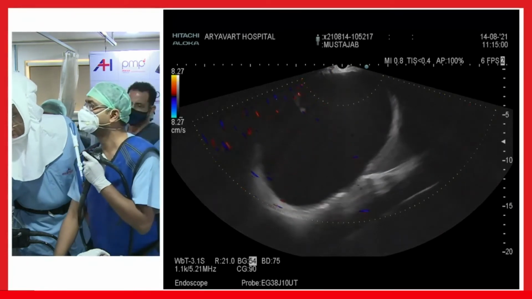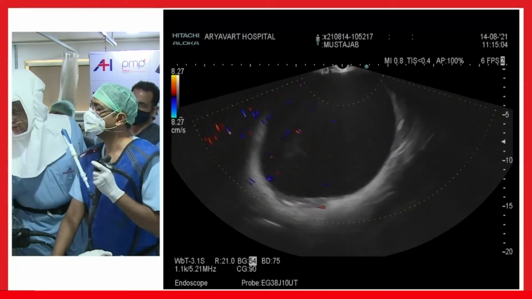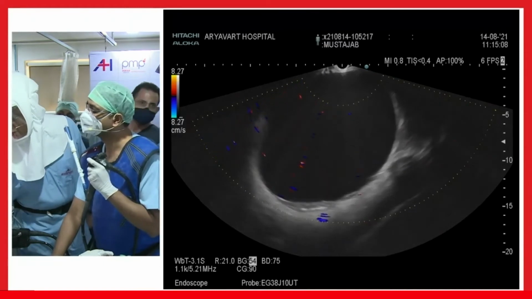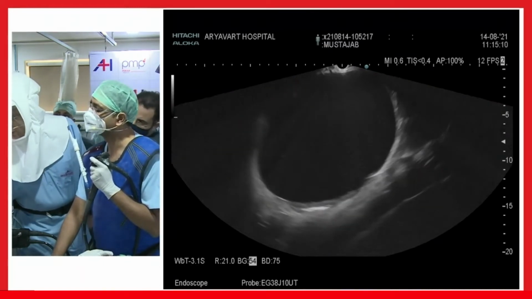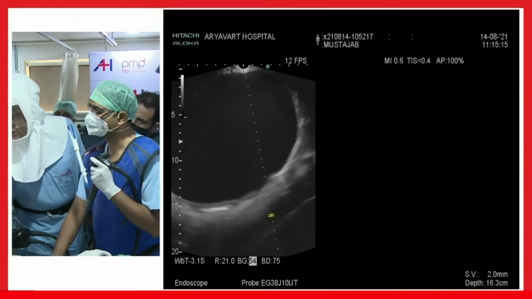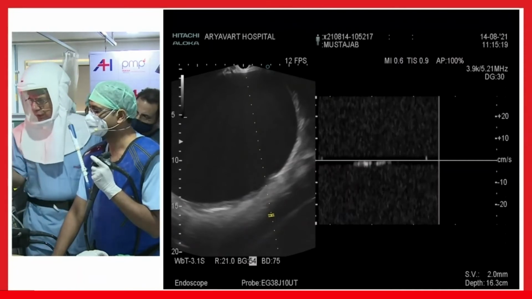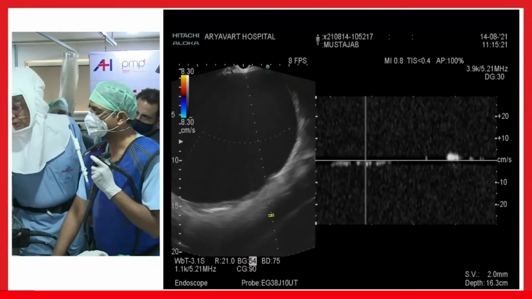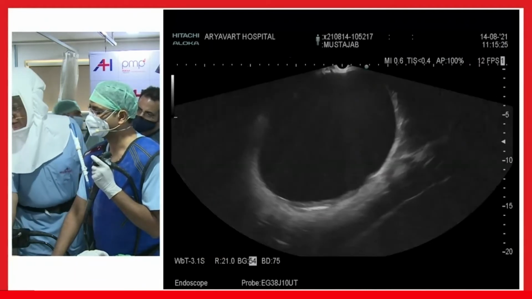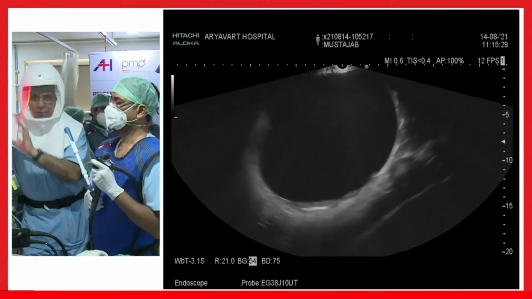One more thing I just want to show for the audience. In this case, if I try to identify that this is the aorta on the far side of the screen, one thing I should do is apply pulse Doppler. Because when the color Doppler does not work, the pulse Doppler may work. Though we see no signal, this is one of the ways to find out whether there is any flow present in the far side of the screen. Don't only apply color Doppler, apply pulse Doppler.